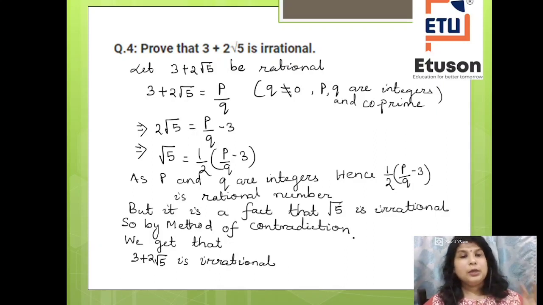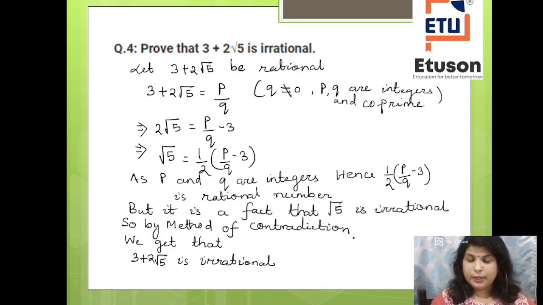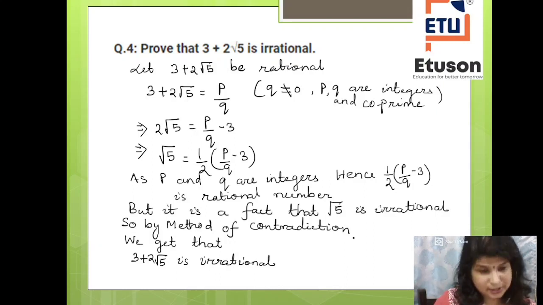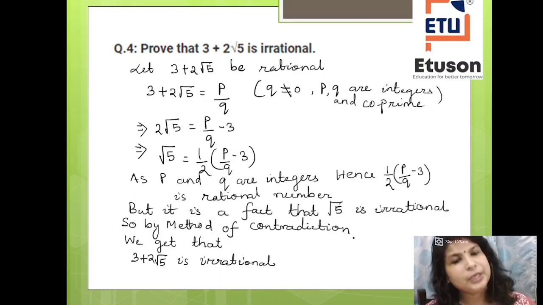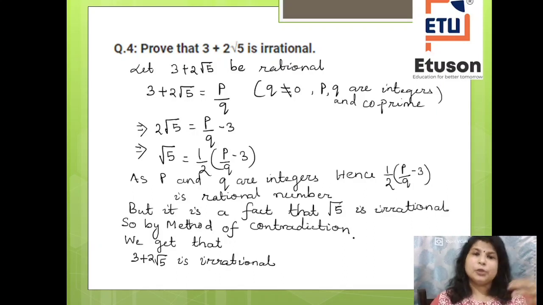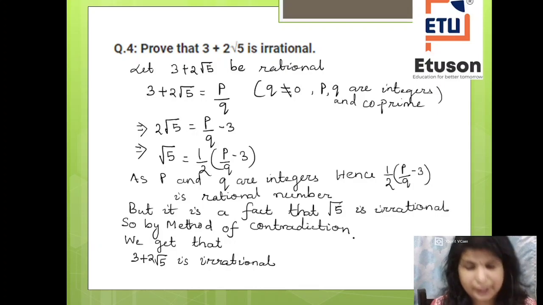Now remember, for this type of problem, if it is a 4 marks question, you just use the properties of integers and properties of rational numbers and do it. If it is for more marks, 8 marks, then you have to prove that root 5 is also an irrational number. How root 5 is irrational, that part also, instead of just writing that it is a fact, you first prove that root 5 is irrational, that also will become a part. So depending on the marks, you do that. Okay, we'll go to the next problem.